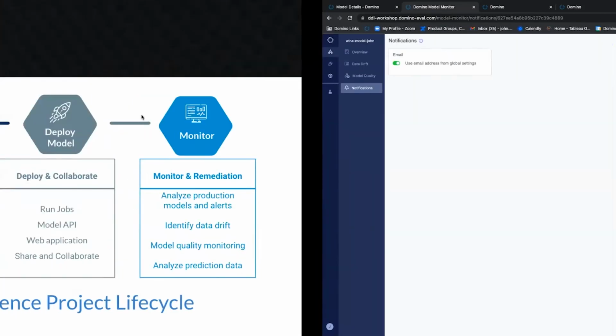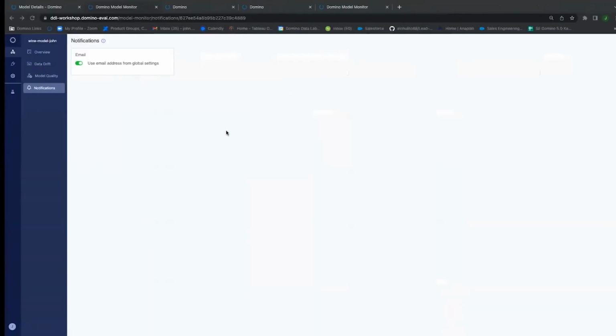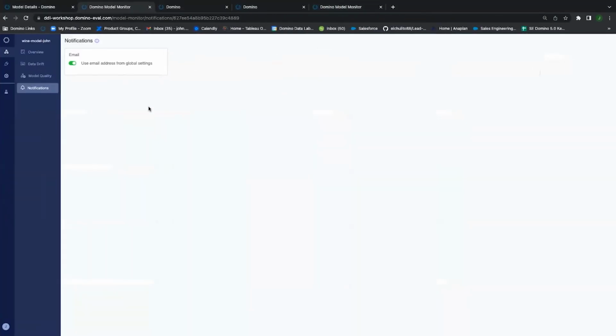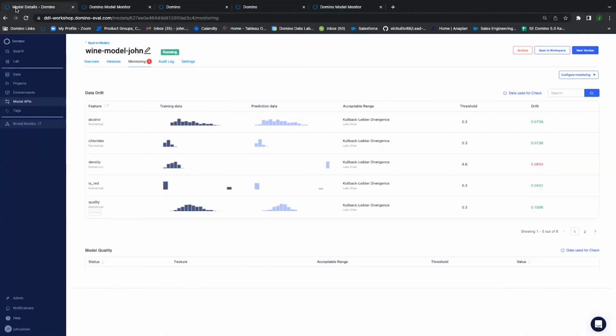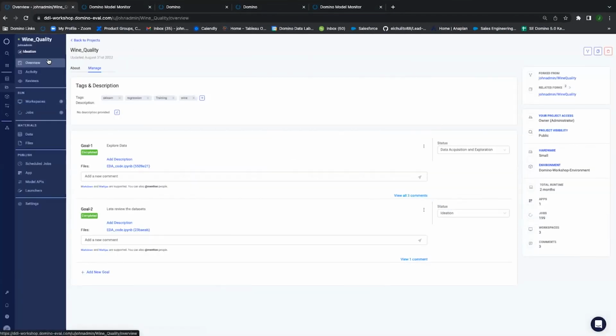Now, for the most part, that's really the entire MLOps lifecycle. The one thing I did not show you, which I'll show you real quick now, is a web application. But this representation of what I showed you is a true end-to-end, beginning to end, actual MLOps lifecycle for building a model. Specifically in this case, it's wine quality. And so to end everything, what I want to show you is if I'm in a project and I want to see some form of visualization when I'm looking at what I've built so far, there's an option here that says app on the left blue nav.